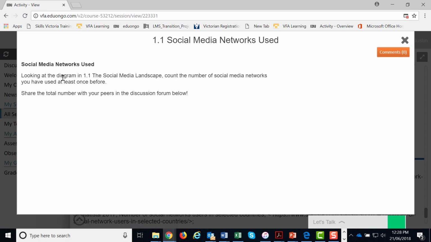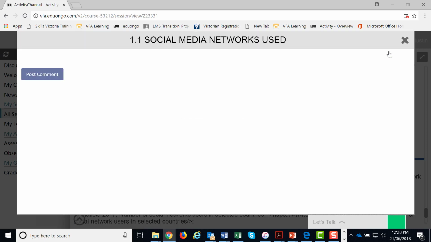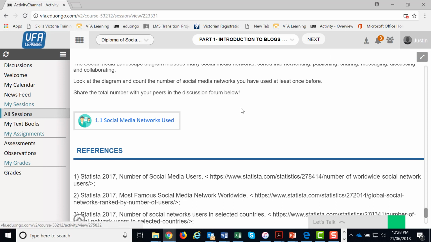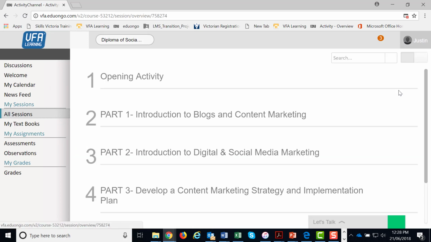So in this case, they're asked to do something, and then they need to provide a comment. So again, they put a comment in, the post comment, and you just record or have a look at what comments they're putting in. I guess you're more familiar with that than me doing that. So again, going back to sessions,